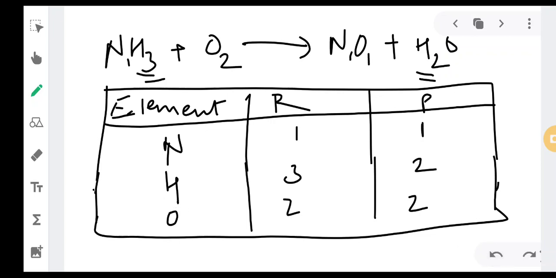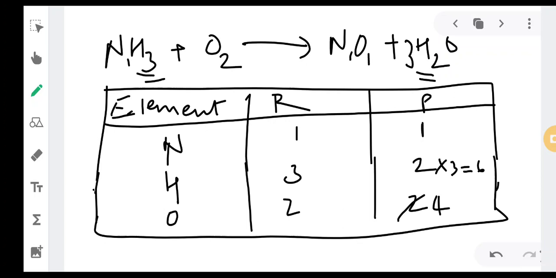So how you will balance hydrogen over here? First thing is you will multiply this with 3 and make this 6, say suppose. Okay, so you will multiply 3 on the right hand side, whichever is containing hydrogen, that term or that product, you will multiply it with 3. Okay, so what will happen over here? Hydrogen will become 6 in numbers and oxygen will become 3 plus this 1. So oxygen will become 4 in numbers on the product side. From 2 it will become 4 in numbers on the product side.